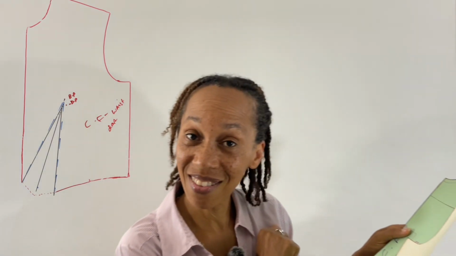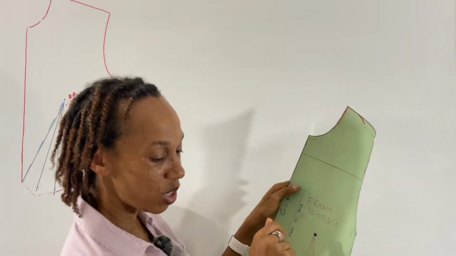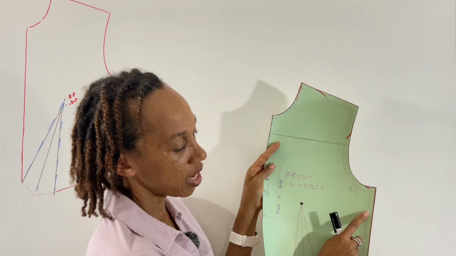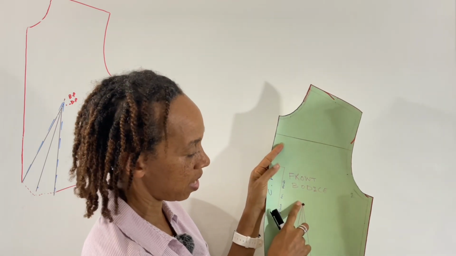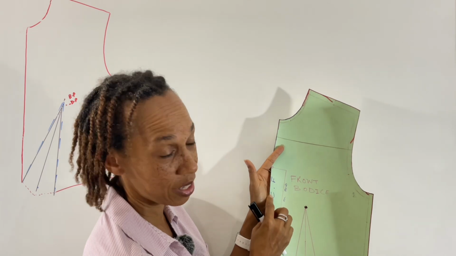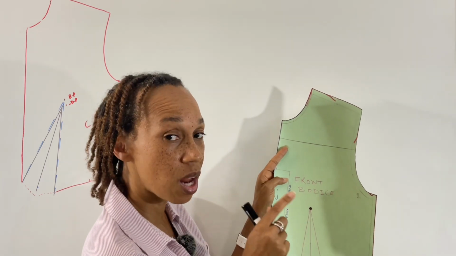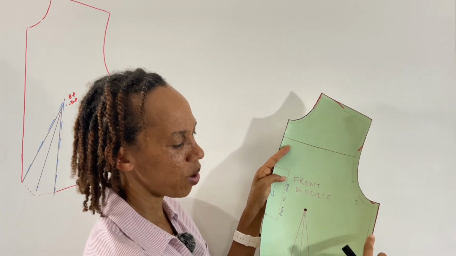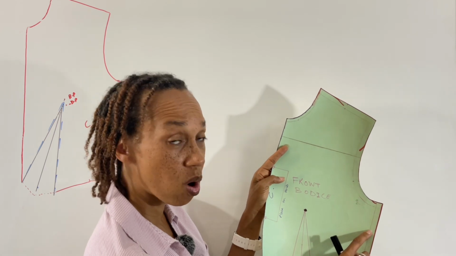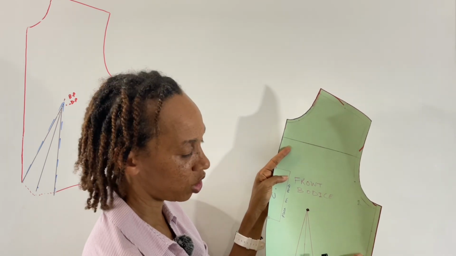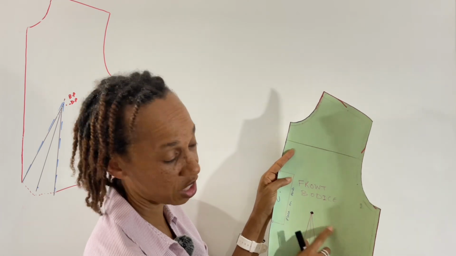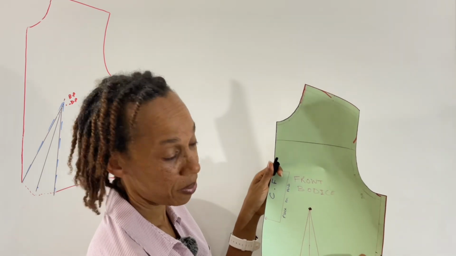So let's get into it and go all the way up. So the French dart is going to be at the side, but it's not going to be perpendicular to the center front. It's going to be at a slant, and it's usually between where the side seam, or what we call the underarm dart, is and the waist. So usually somewhere around here, and you just slant it up. So that's where I'm going to place